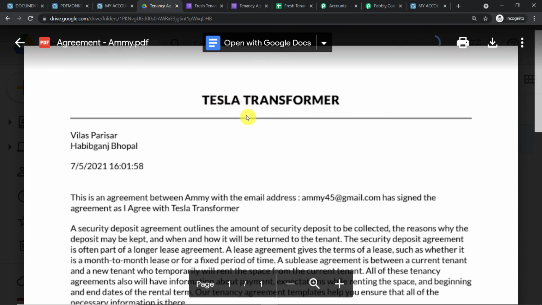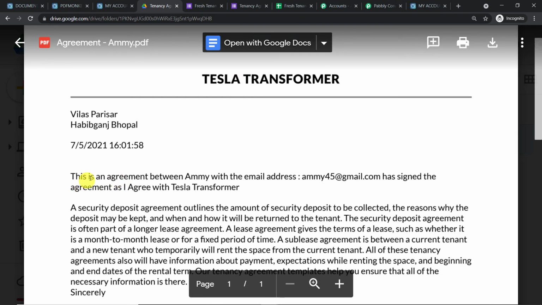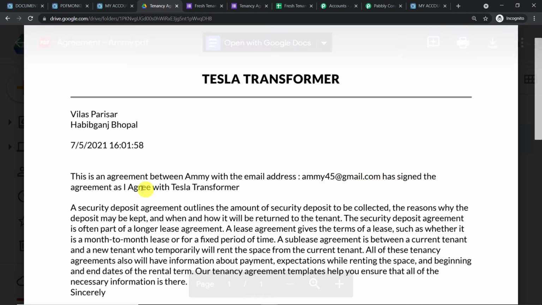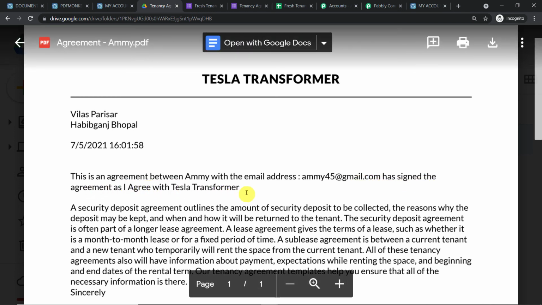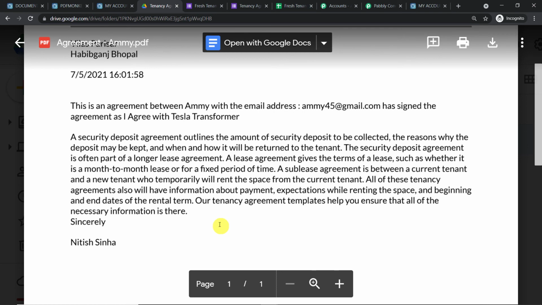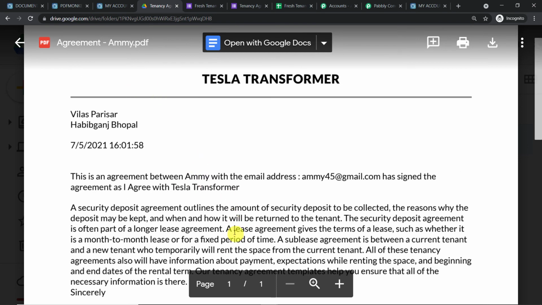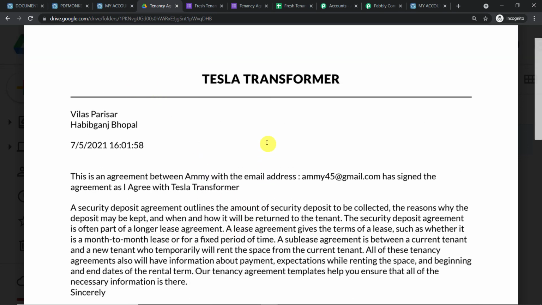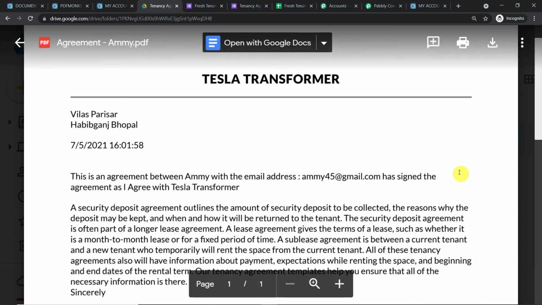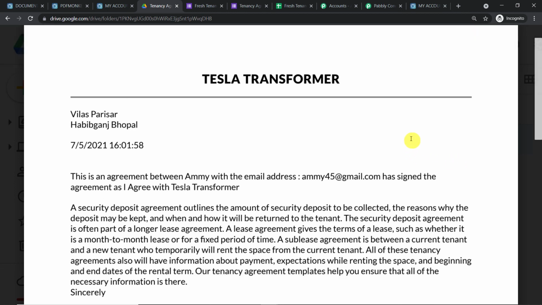This is the PDF of the agreement. This is an agreement between Amy, with the email address amy45@gmail.com, who has signed the agreement as I agree with Tesla Transformer, and the rest of the details. So we have indeed created a new PDF with the data that we have collected from Google Forms. The presence of this PDF shows that we have a successful integration between Google Forms, Google Drive, as well as PDF Monkey.